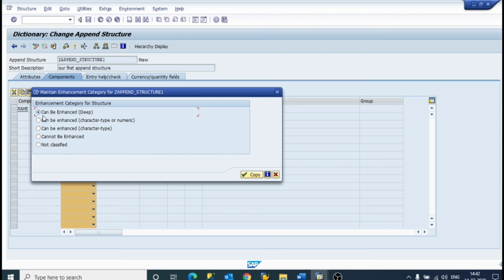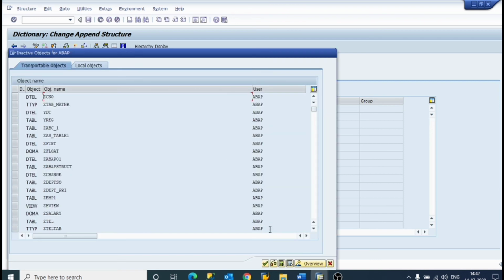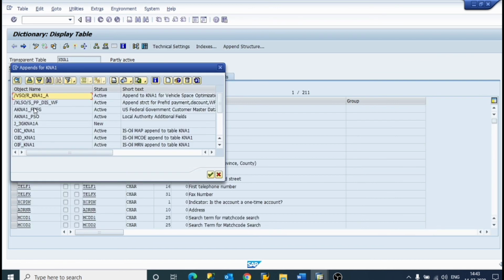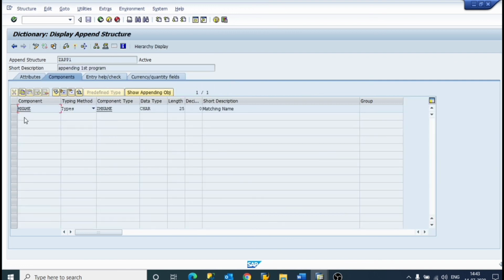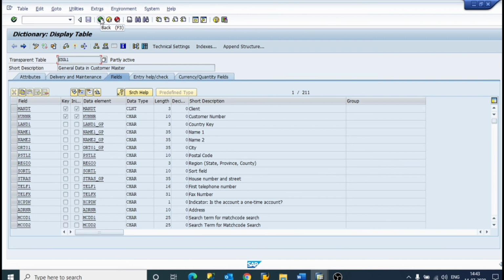Click on this button, copy and activate. Just go back and click on append structure again. You can see append structure 1, our first append structure. I have already created an append structure. It is activated. So now we have created our append structure.